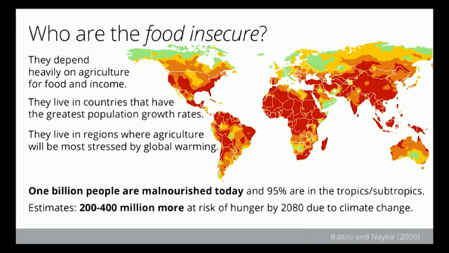So this is not a problem that's out at the end of the century. It's a problem that's like 2050. It's a problem that, will I live to see it? Maybe. Certainly my kids will. It's only 35 years away.